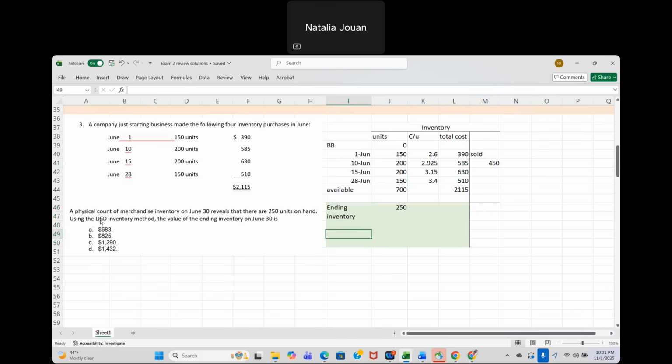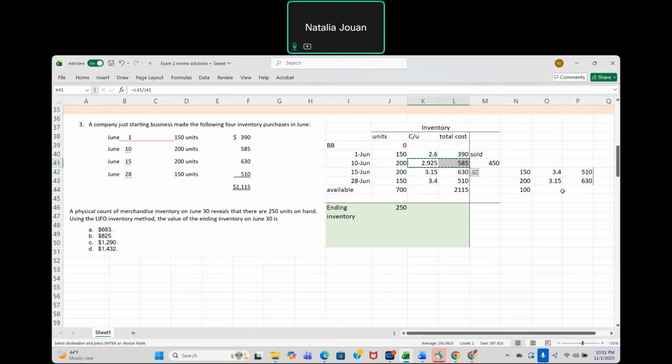Well, you're using LIFO, okay? So last in is the first one out. Actually, what I'm going to do is copy and paste. These are out. So I'm going to copy, paste over here. Out. 150. We sold 450. So these, boom, out. Out. So last in, last in. Now we need from here. But so far we have 350. So we only need 100 more. 100 that we purchased at